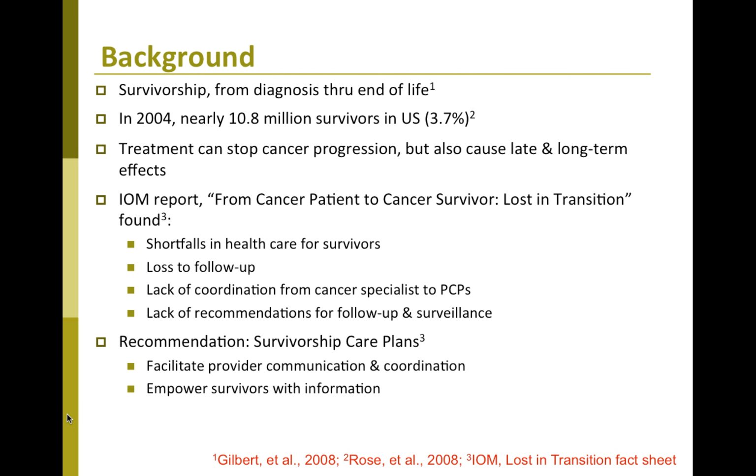So the recommendation was that the oncologist would develop something called a cancer care plan and answer questions and develop a document of history of the cancer experience or the cancer treatment that would facilitate communication across providers that might see a patient and empower survivors with the information about their cancer care. So wherever they went, they had this documentation. But they're really difficult to fill out, and they're difficult to understand what is the most important information that needs to be on these things.